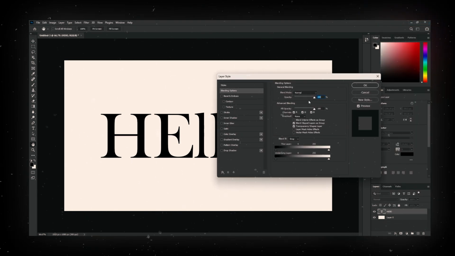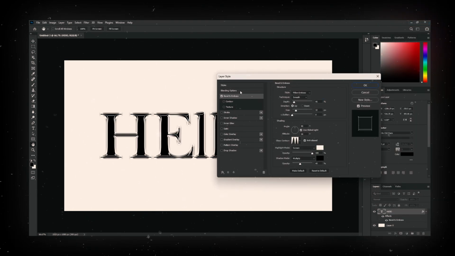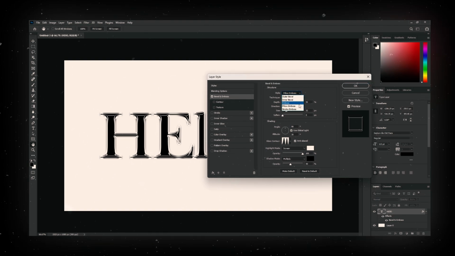click on blending options. Next up, go to bevel and emboss, choose the inner bevel style, choose the smooth technique, set the depth to 95%, set the direction to up, adjust the size to be 32 pixels, set the soften